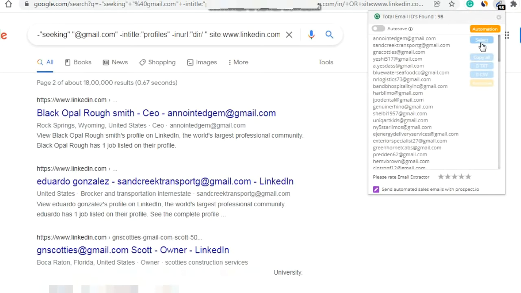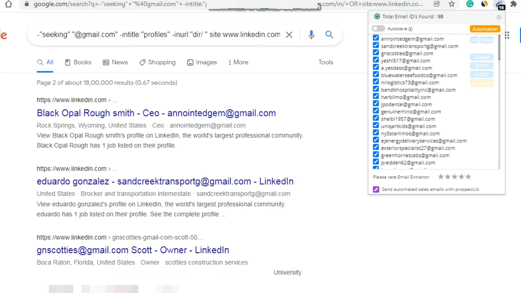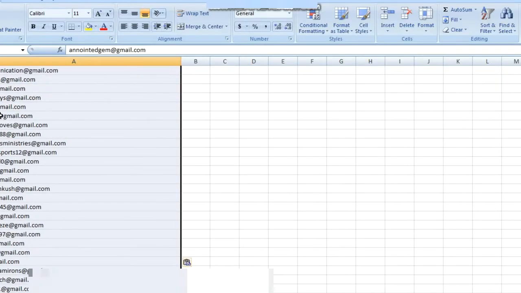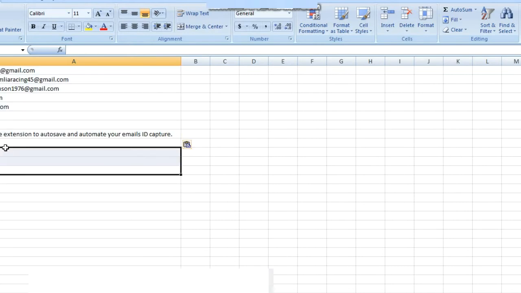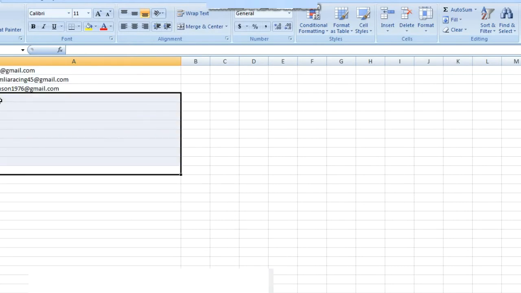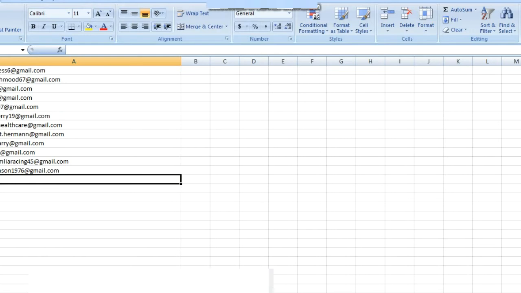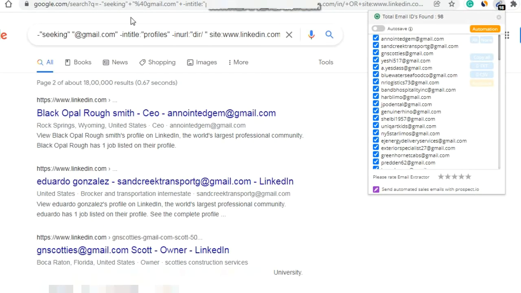Okay, and then just select, copy, and paste it into MS Excel. Okay, remove this, delete. Yes, this many emails we have got now, 285 emails. You can do as many as you want.